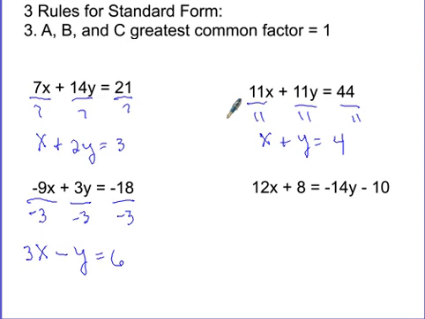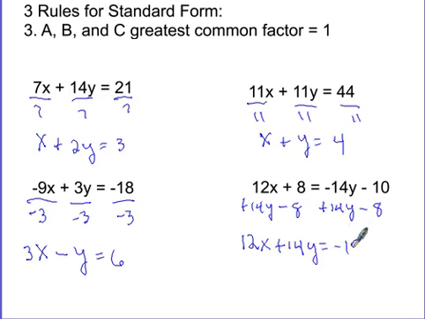All right. Oh, we've got some work to do here. 12x plus 8 equals negative 14y minus 10. Let's do something else first. Let's get everything into the proper place first to see if our factors stay the same. Okay, so we need to subtract 8. And we need to get the y over here where the x is, so we can add 14y at the same time, right? So plus 14y. So this is going to be 12x plus 14y